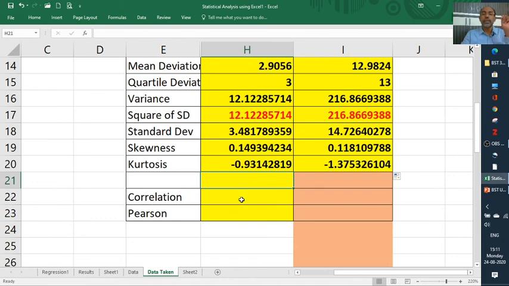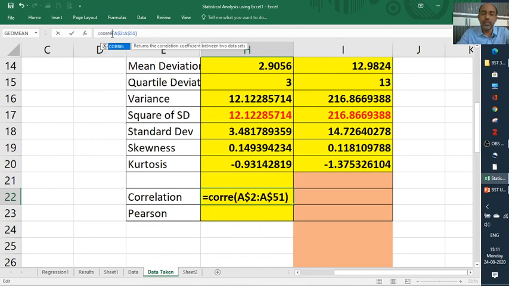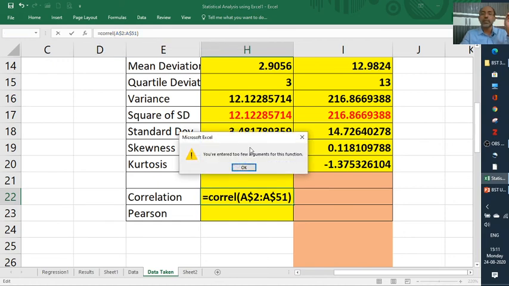Then we'll go to the correlation. As I said, we use the CORREL formula. You will get the argument entered.